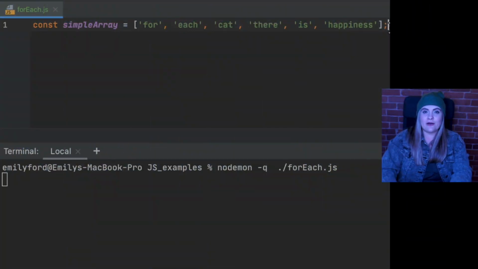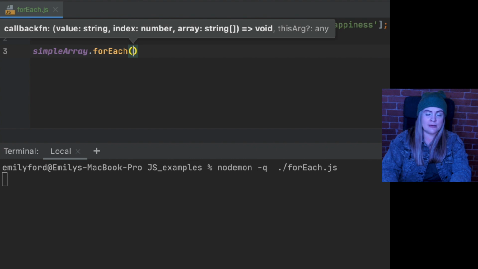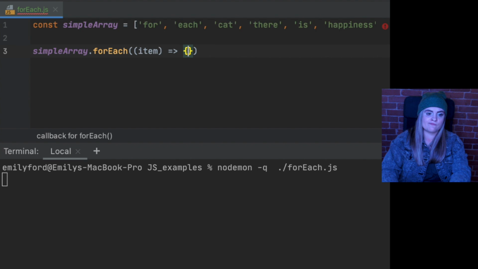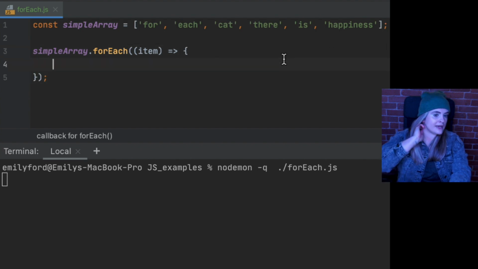So here we have an array that I called simpleArray, just for simplicity. So what we're going to do is run forEach on simpleArray. So I'll call forEach, and then for the provided function, I'm going to just call the variable item. And now this is the function block. So inside this function block, all I'll do is put a console.log here. So I'll do console.log